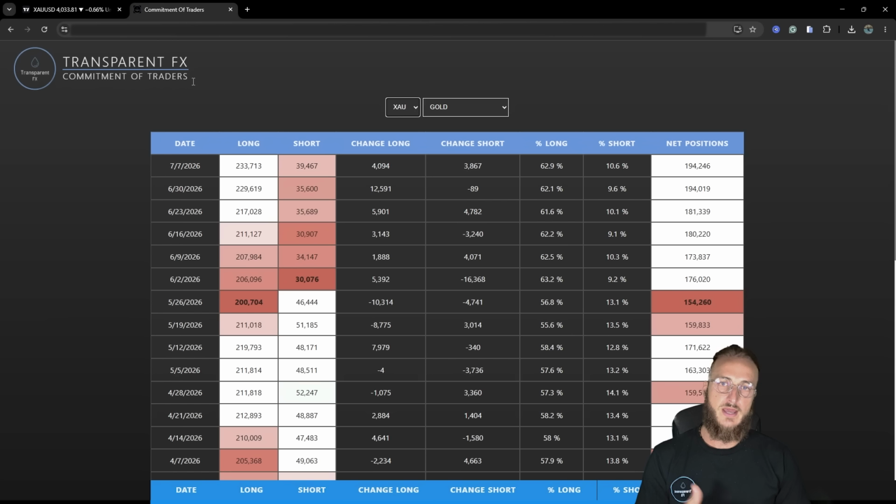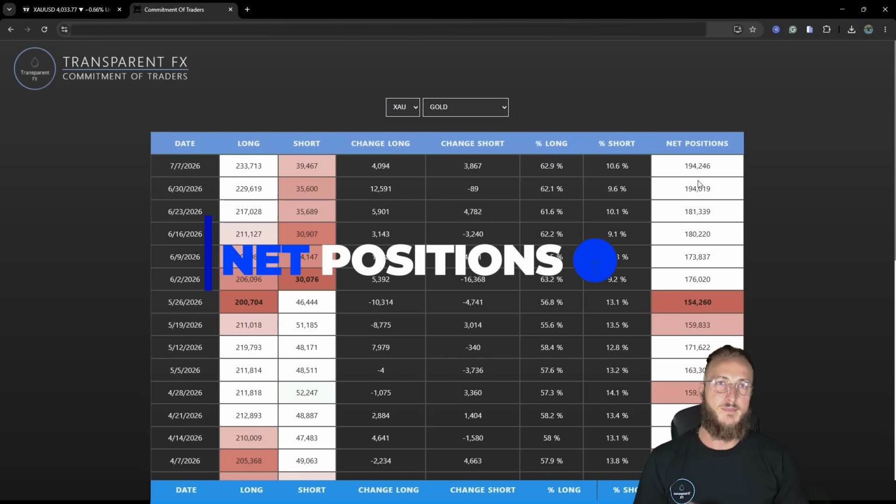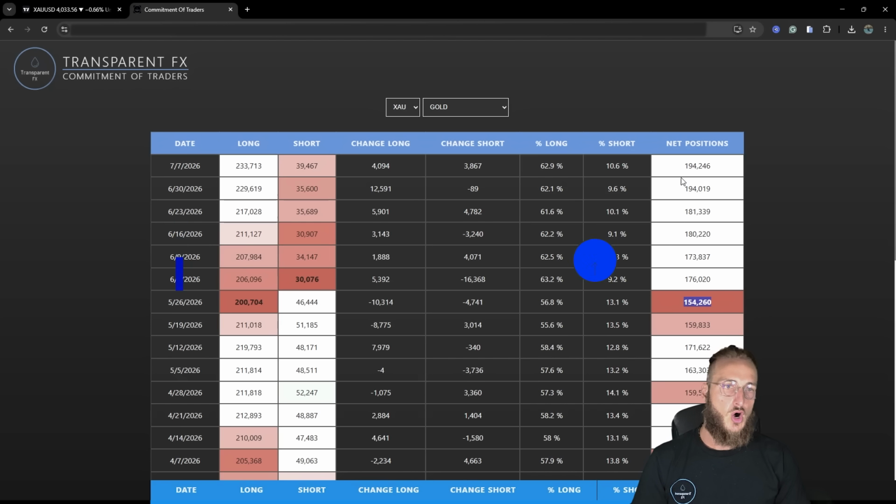Now, let's go and see what we have when it comes to the commitment of traders. So what the big players in the market are doing. Now, the data is already reported against the USD. So this is already gold USD, which is in fact what we are currently analyzing. So what we can see if we look at the net positions is that with the last reports, net positions got massively increased. We went from 154.2K all the way up to